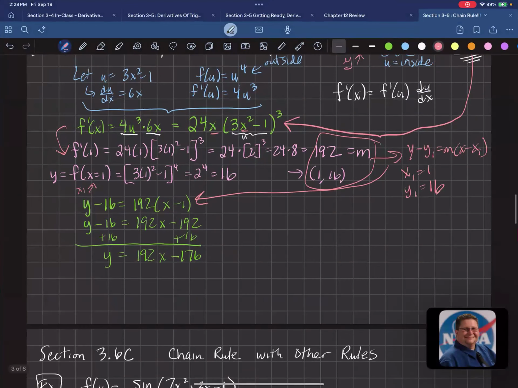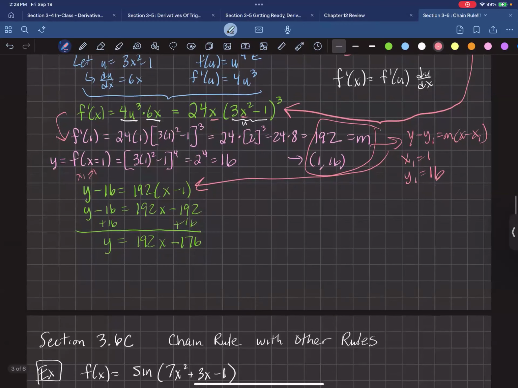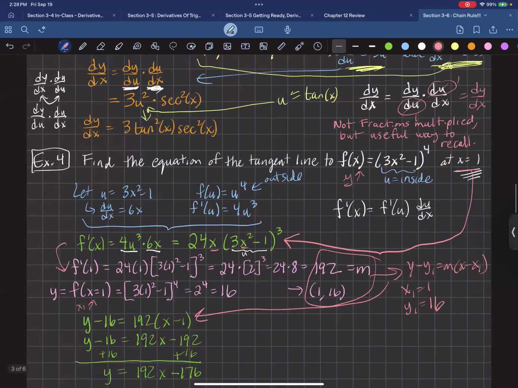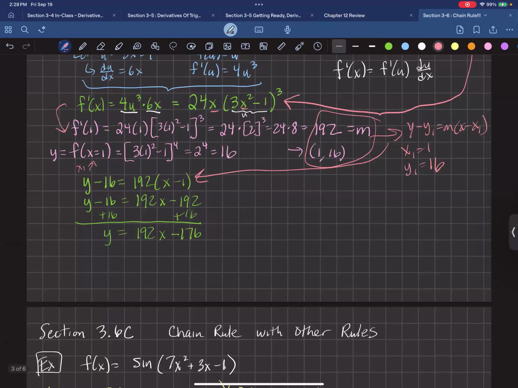Next part, chain rule with other rules. We've only been doing power rules so far, so let's mix it up. I mean, we had a trig function in it up here, but the main rule was the power rule there. So here we're going to start off with f of x equals sine of 7x squared plus 3x minus 1,